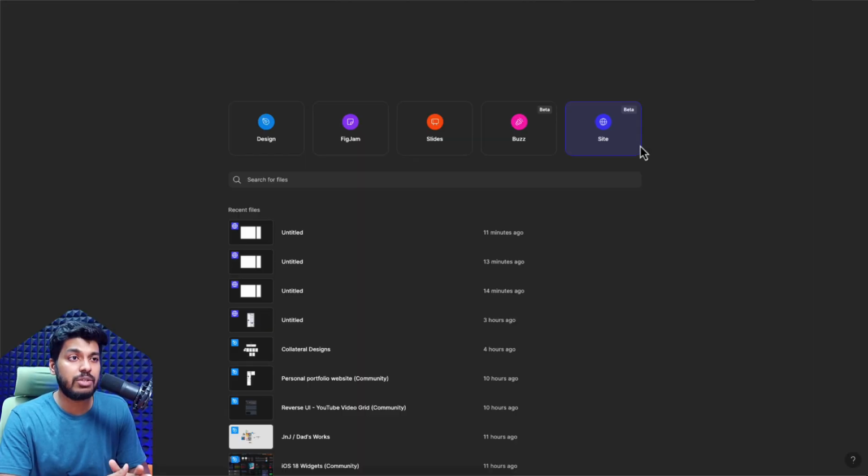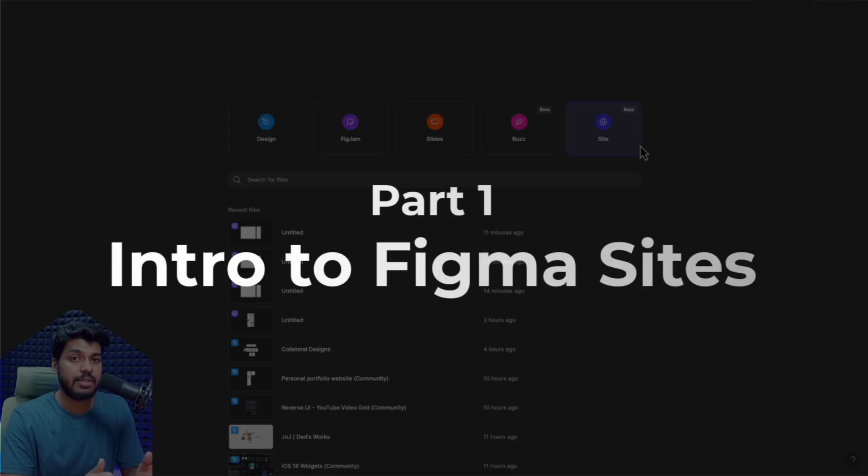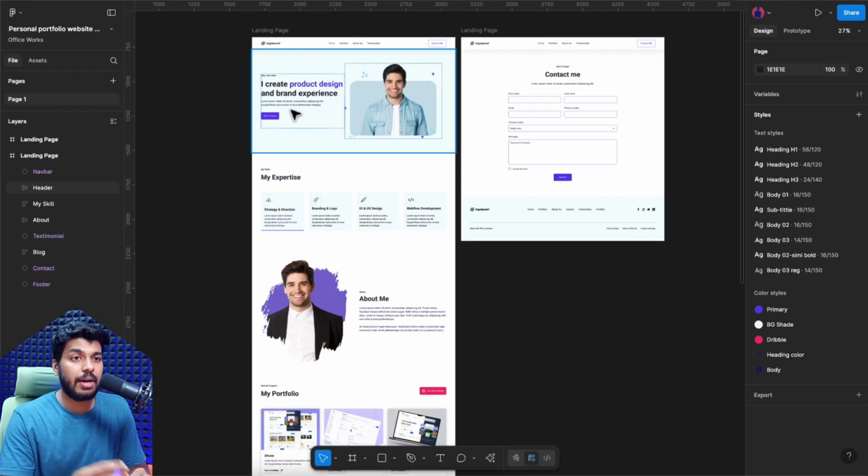So jumping back to this video, we're going to focus on Figma Sites, and I'm going to make this a two-part video. In the first part, we'll just look at it as an intro and understand the interface and the different capabilities it has. And in part two, we're going to take this Figma design and convert it into a